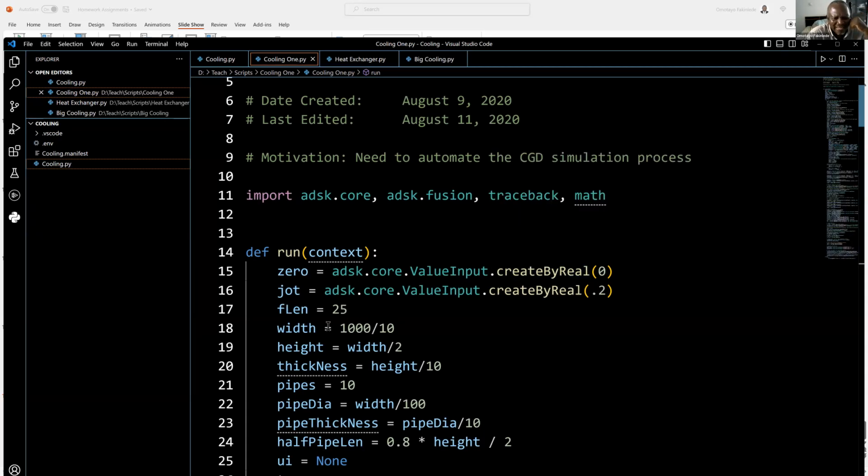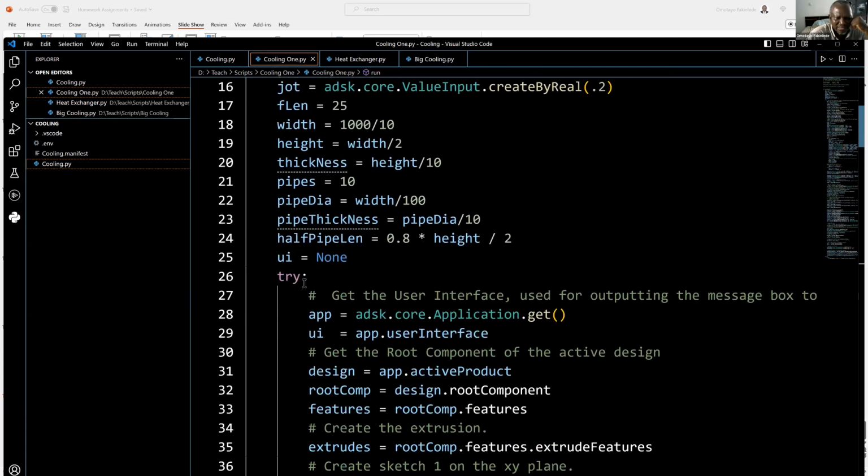And then there are certain parameters that are related to the kind of things we want to do. Instead of setting numbers later on, we are going to use all these variables. But the real programming starts from here. The real programming starts from the try, and inside that try